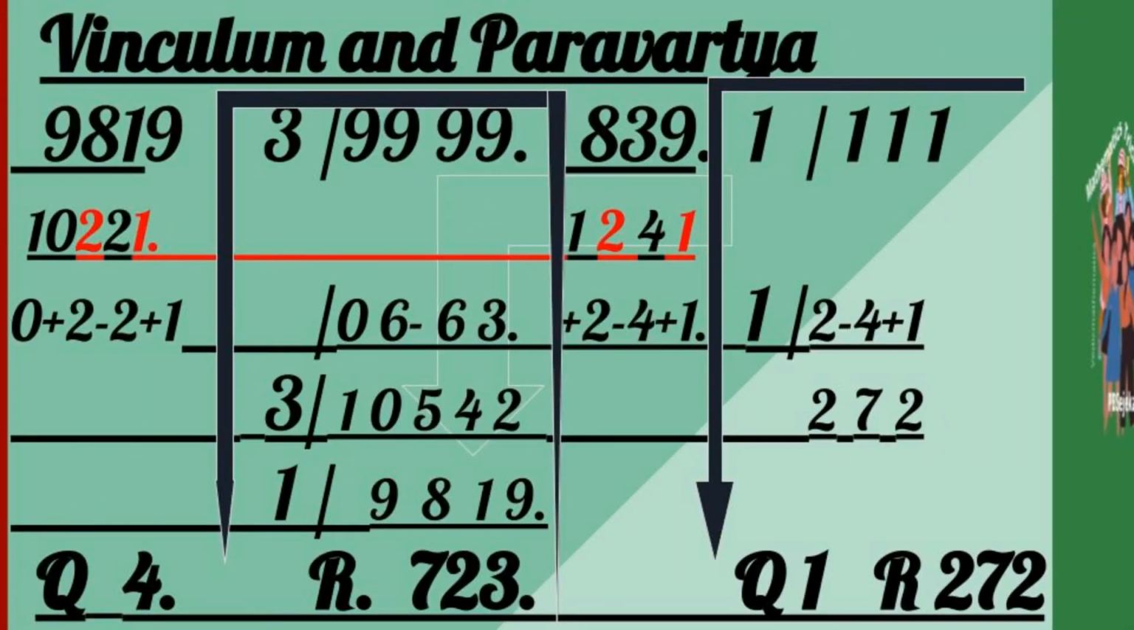In these examples, we are using Vinculam and Paravartya Sutra. Here we have to divide with bigger digits. Take Vinculam, then using Paravartya, divide. First example,